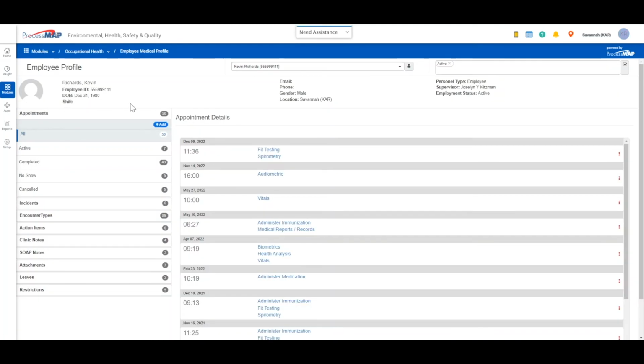In here is all the medical records in and around this particular employee. Again, just like all of our modules, these are role and permission based, of who can see these medical records and what areas they have expertise in, seeing those items that they need to be concerned with. On the left-hand side are all the different things that are in the occupational health module within the employee medical